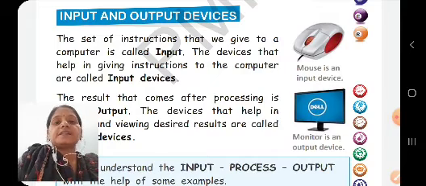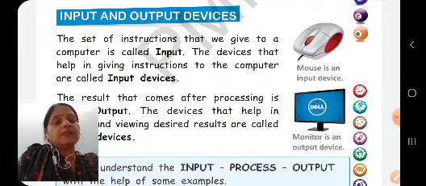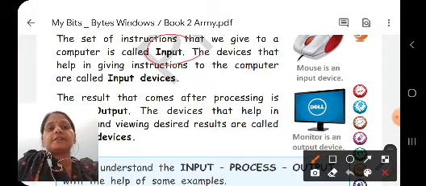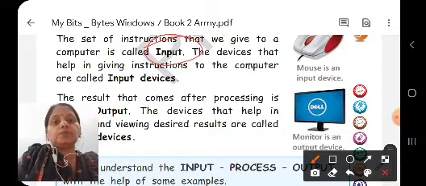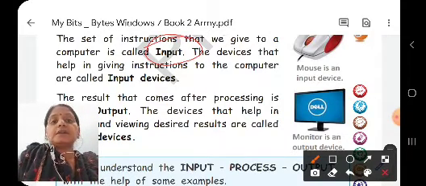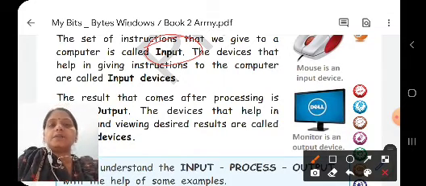So children, the set of instructions that we give to computer to perform any work is called input. Input is the set of instructions which we give to the computer to perform any work. And children, the device used to give these instructions is called input device.